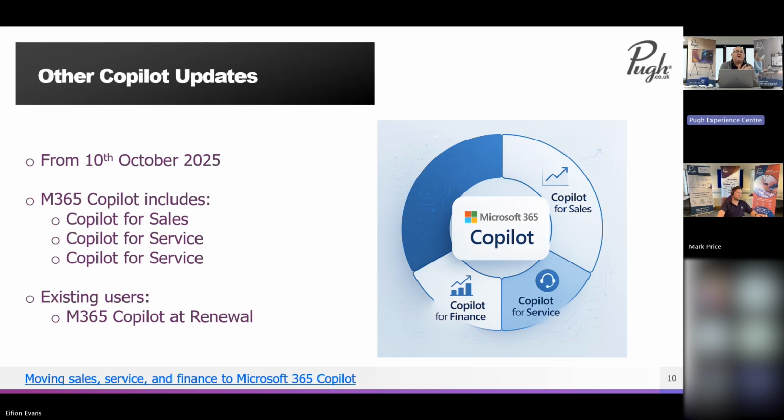The same for Copilot for Service, if you're running customer service within Dynamics. And the final one, which again, my slides are wrong, is Copilot for Finance, which allows you to access ERP systems and query them and prompt against them. These could be Dynamics Finance, or it could be SAP, for instance. So those separate products from October,